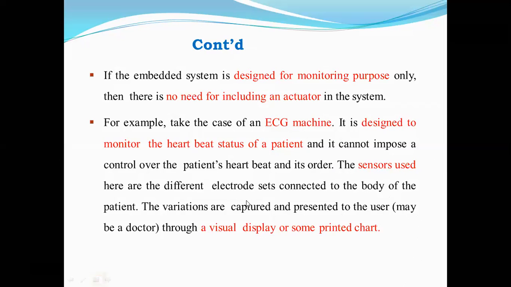So here there is no actuator in the ECG machine. In some embedded systems, both cannot be there; either sensor or actuator, based upon the design. The sensor may be there or the actuator. So in the example of an ECG machine, a sensor is required because you have to measure the heartbeat of a patient. But there is no actuator. Why? Because whatever electrical signal is there, it is displayed on the device. So there is no actuator here, right?